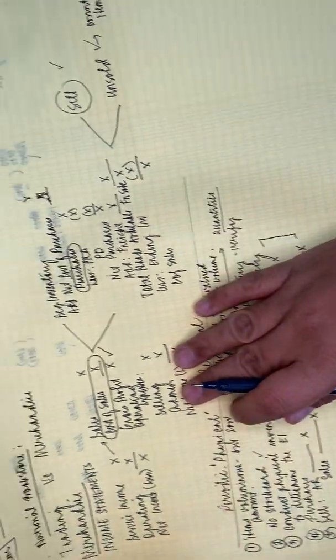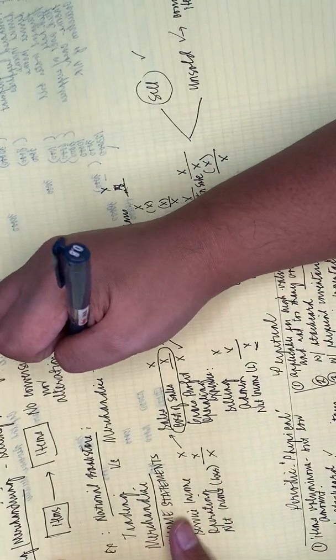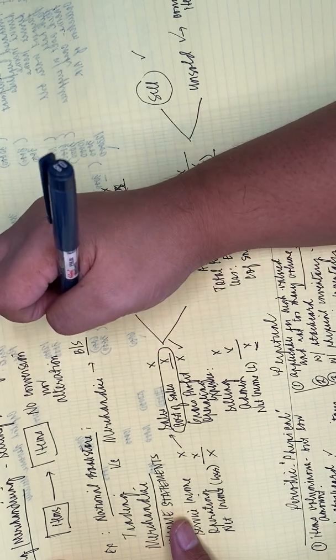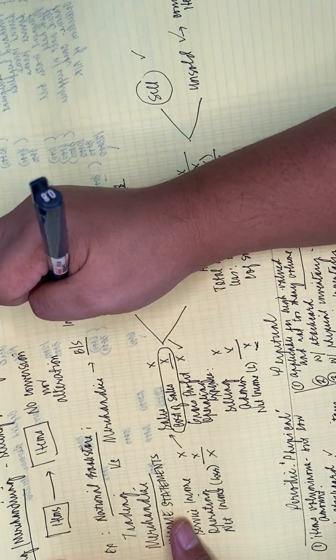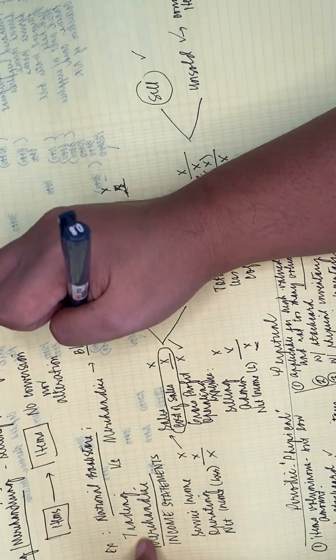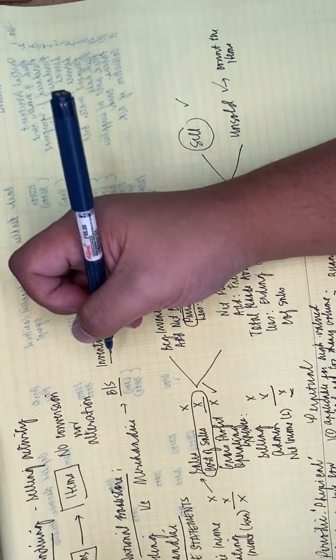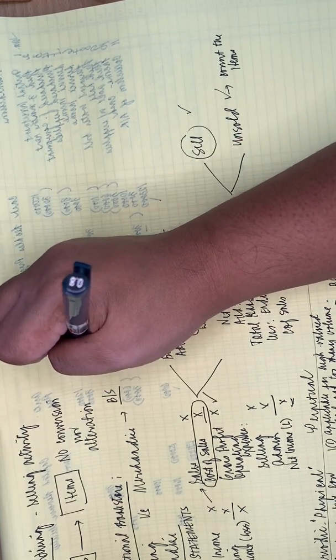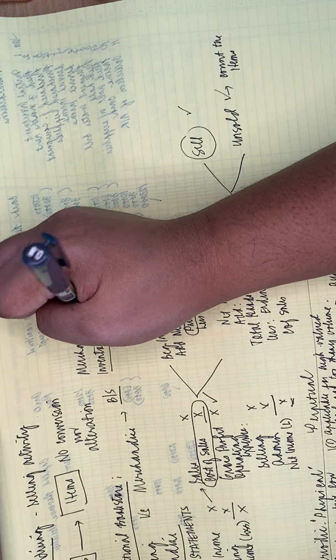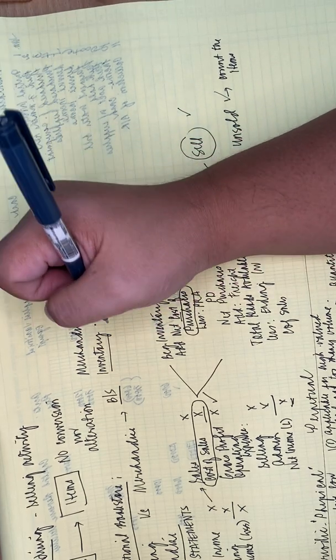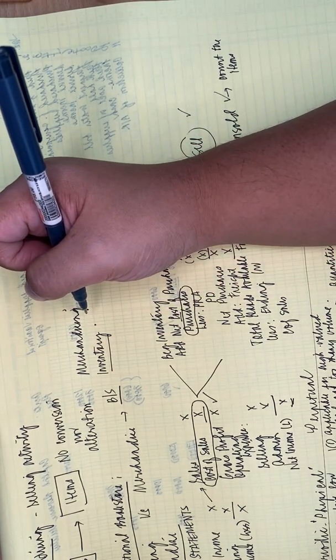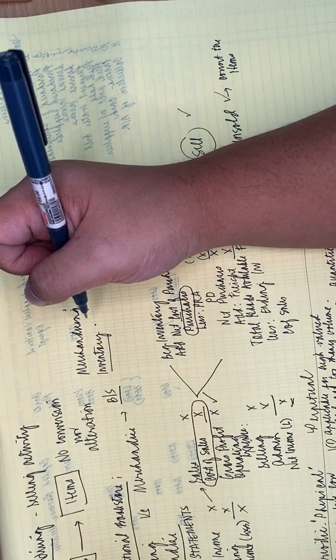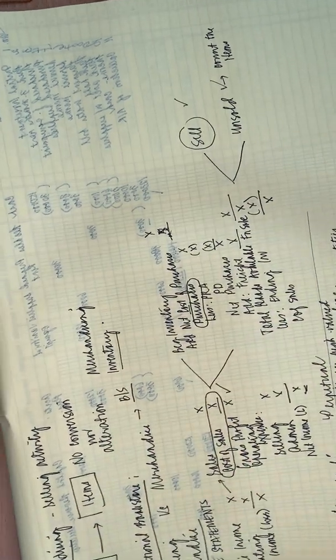Isa pang pagkakaiba ng trading at merchandising, sa balance sheet makikita natin, ano yun? Yung ating inventory. Sa service business, wala kang makikitang inventory items, right? Because you are rendering services. Pero pagdating sa merchandising business, among the current assets, meron kang tinatawag na inventory. Okay? Ito yung items na pwede mo pang maibenta sa mga susunod na panahon. So, yun. Ito ngayon yung ating pagkakaiba ng periodic and perpetual inventory system.